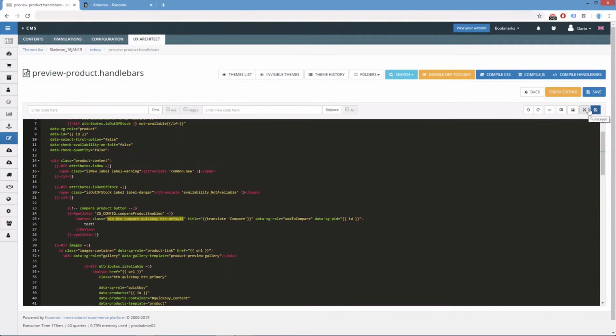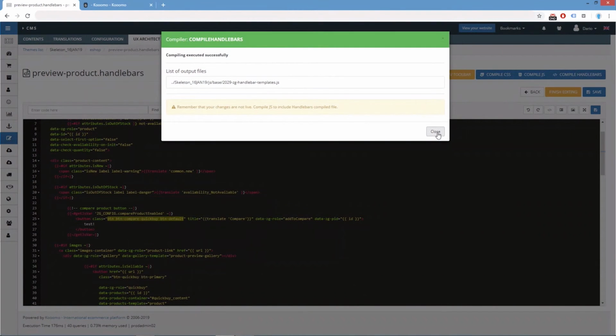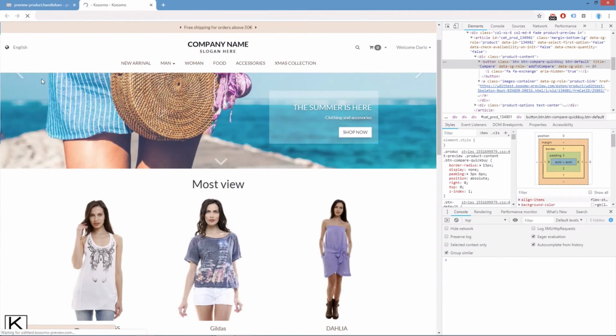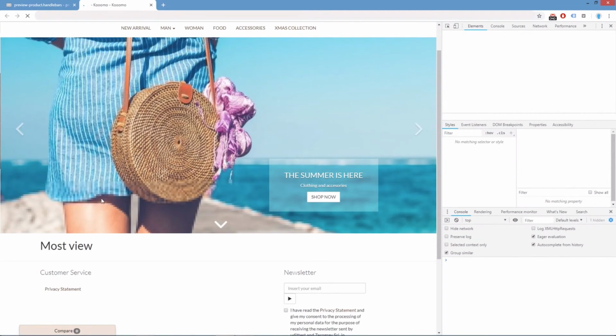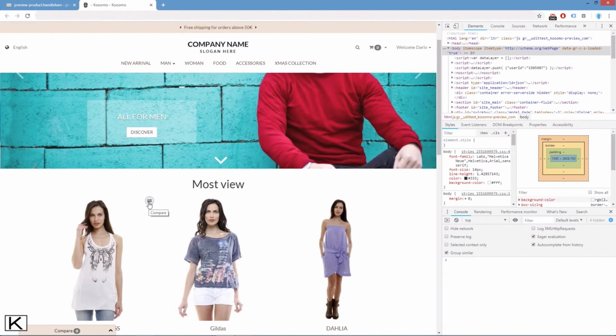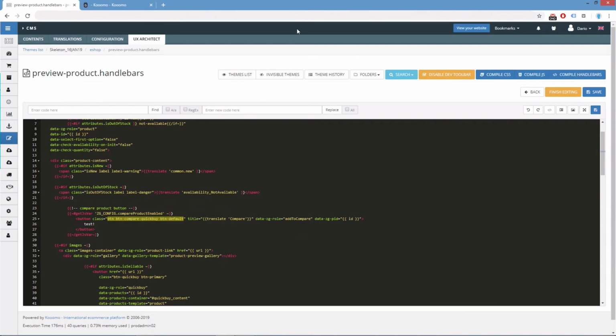And to get the changes applied in the front-end side, first we need to click on the Compile Handlebars button. That's it. If we refresh the page, the front-end one, we can see that nothing has happened. But if we click on Compile JS,